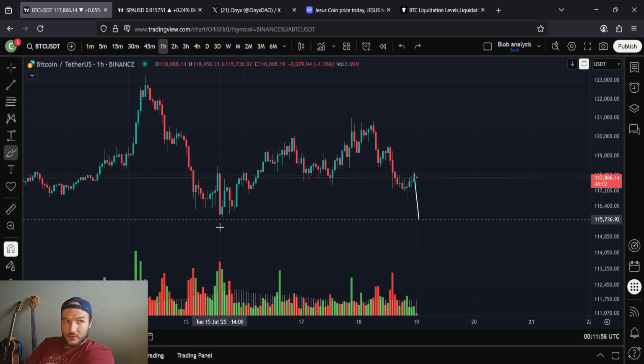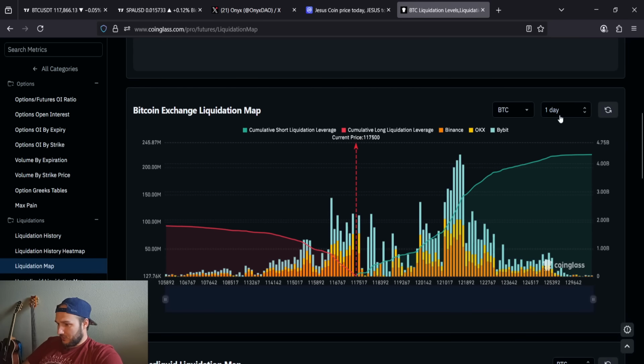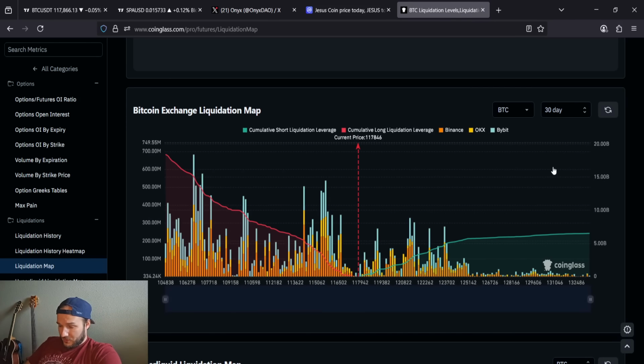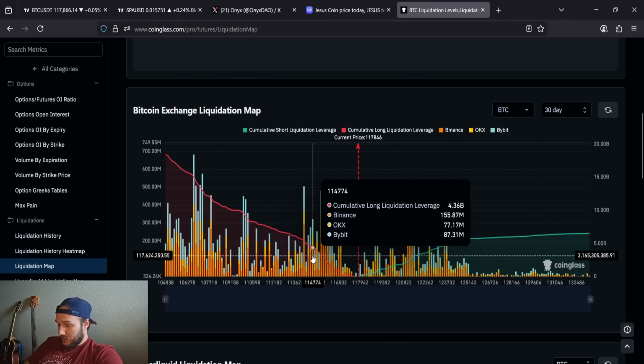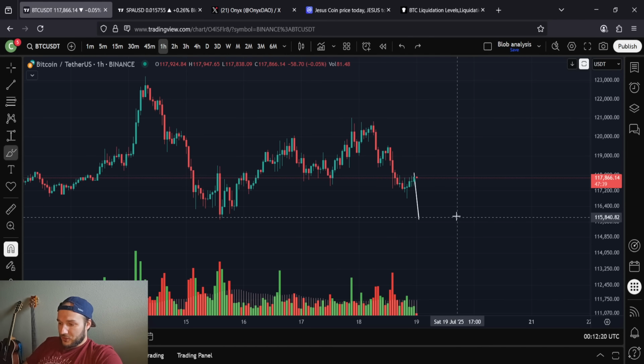And if we drop $2,000, that should give us a double bottom look and clear out a lot of longs too. We've got a lot of shorts piled on, you guys. There are a lot of shorts that have piled on over the past 24 hours, over the past few days especially. But there are still plenty of longs to clear out at this 115, 114K area. And not that 116K or just below there would liquidate these longs, but I'm sure a lot of them would either take profits or take